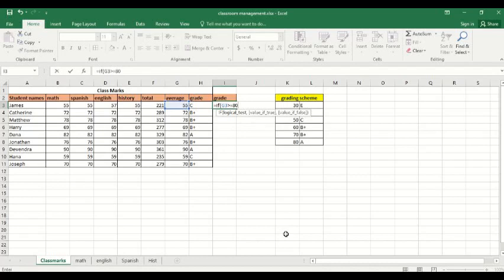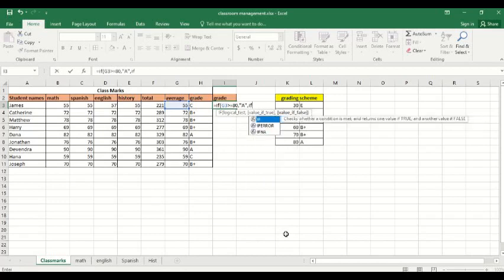So we say if G3 is greater than or equal to 80, then comma, then we apply the grade A, and we put that in double quotation marks. Then we use another comma to continue. So this is like an else, so it's an if-then-else statement. So we say if G3 is greater than or equal to 80, then apply A, else,